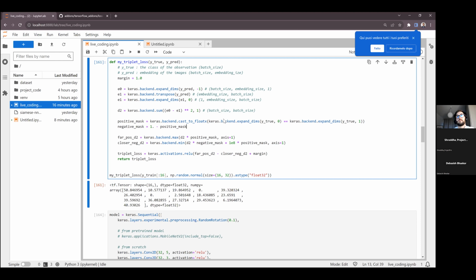Then with the help of the lower half correlation values, if I calculate the furthest position D2 and closest position for negative D2, will it give a similar kind of result? Or if we use the Keras backend cast to float function which you are utilizing here from Keras.